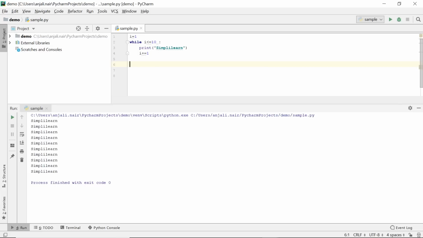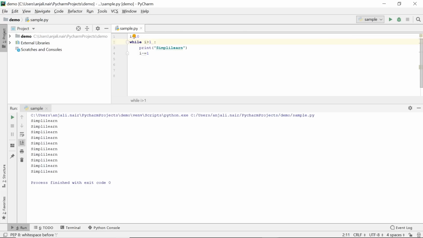Now can you only increment your counter? No, we can also decrement our counter. So if I say i is equal to 10, that is I start my counter from 10 and I want to decrease the counter till 1. So we'll have the while loop executed as long as i is greater than 1. And now that we're decrementing i every time, we need to change the plus sign to a minus. So it's the exact same thing that we're doing now as we did previously.